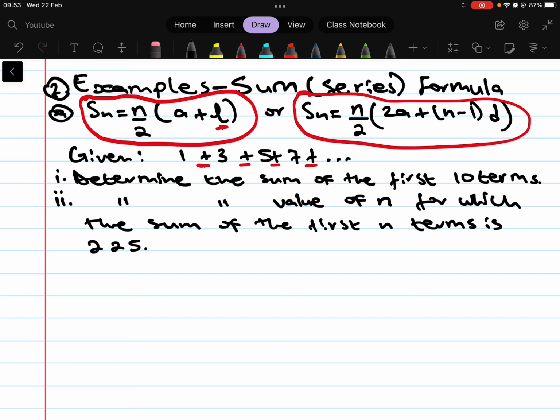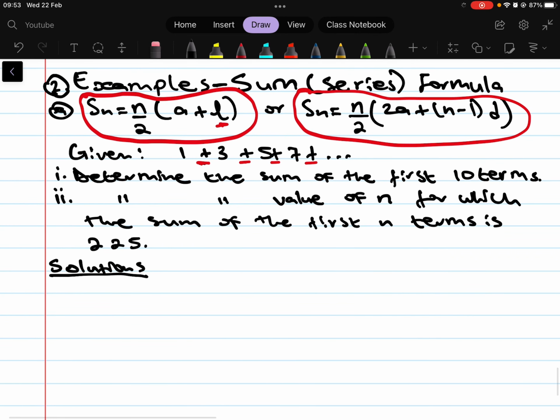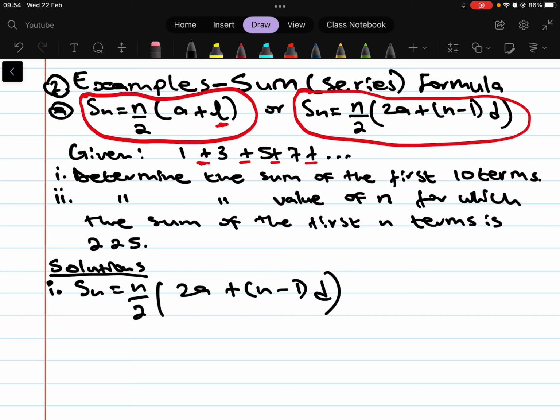Now let's just try to answer the problem. Let's write the solutions so that we get to understand how we can apply the formula. So they're asking us to determine the sum of the first 10 terms. Just get the sum of the first 10 terms and then you're good to go. Because we do not have the last term, we don't know what the last term is, since this series continues up to infinity, we'll use this general formula to calculate that, not the first one. We'll use the second one. Okay, using the second one,